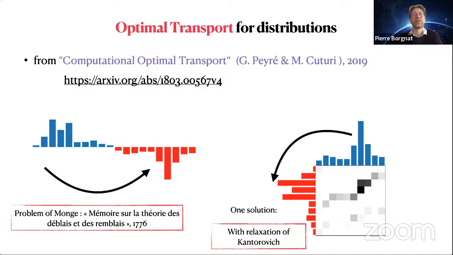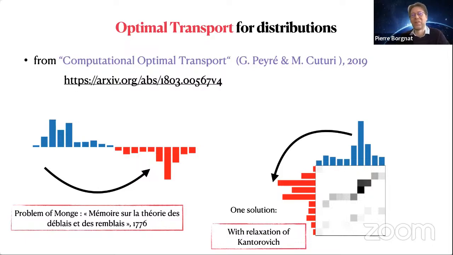So initially, it's an old problem. A very old problem. It's not 20 years ago, it's 250 years ago. The problem of Monge, the Mémoire sur la théorie des déblais et des remblais. That means it is a document about how to move earth. You have a remblai here. You have earth somewhere, and you want to put it so as to make the ground planar, and you want to do that with a minimum cost. And he was asking how you do that. What do you move to where? So this has been a nice mathematical problem, and it